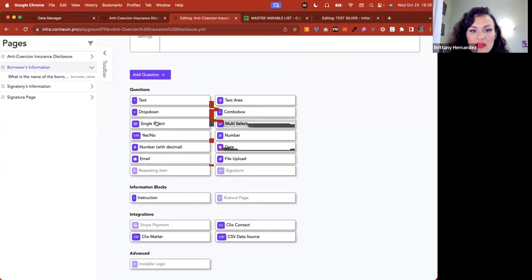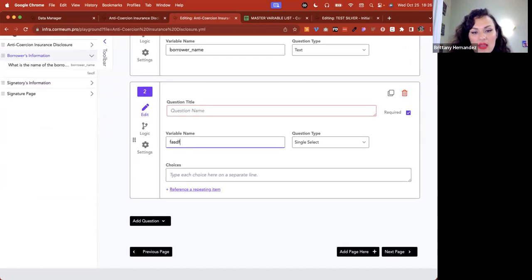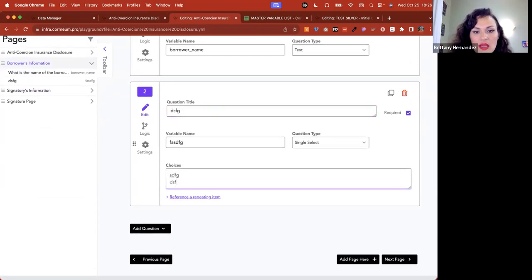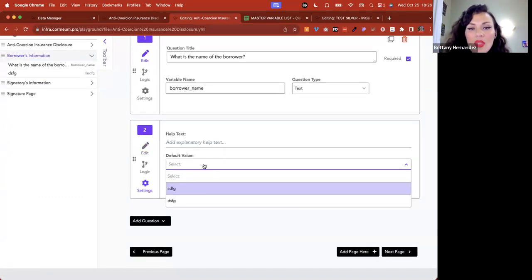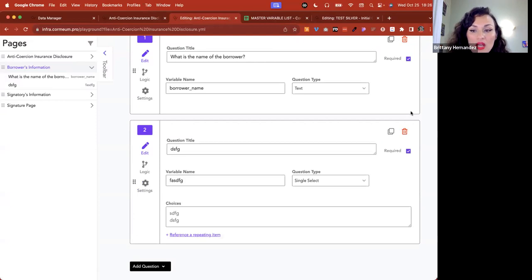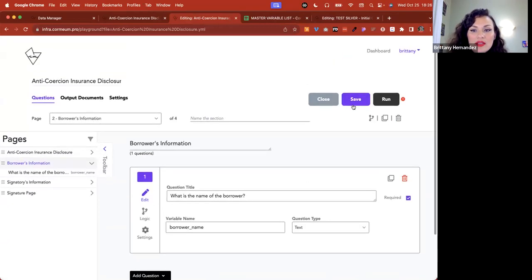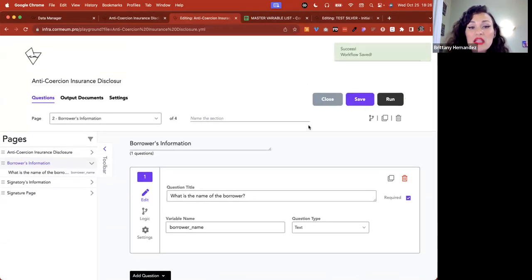If we take something like a single select and create one, it doesn't matter what it is, just to show you the settings, you're not going to be able to type in the default value. So you might want to consider that you wouldn't have as much control over these types of blocks. It's not something you want to really rely on, as I mentioned,